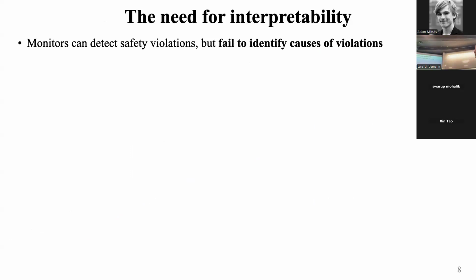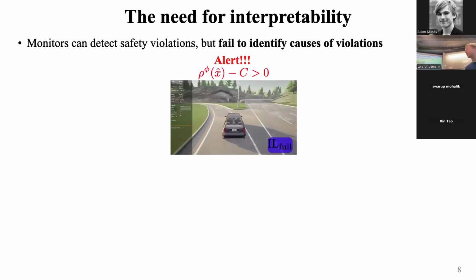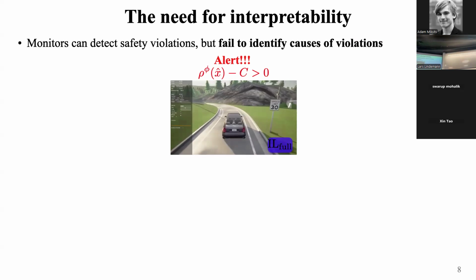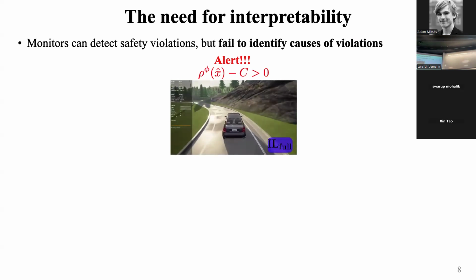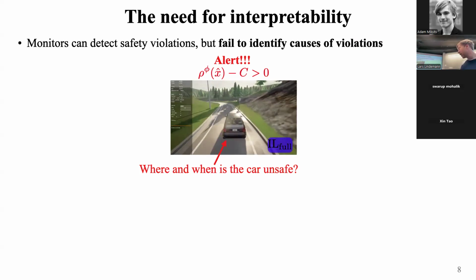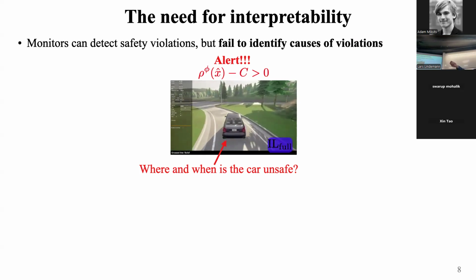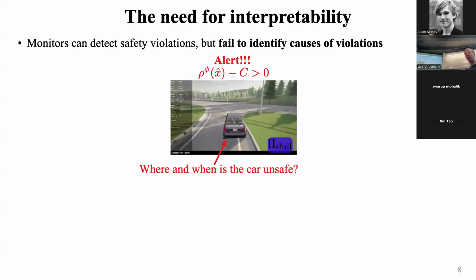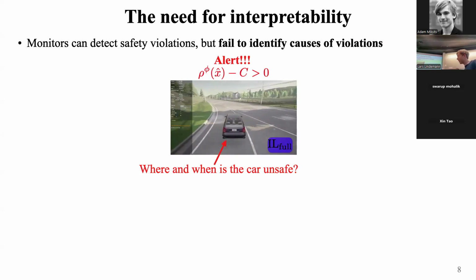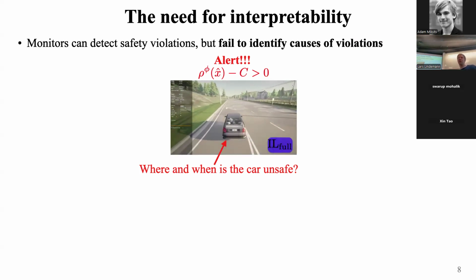Okay, so this works. And I promised you 2 monitors, and the second one is motivated by the fact that this accurate monitor can identify failures of your system, but it cannot identify the cause of a safety violation, right? It's just telling you, well, you're going to be unsafe. So in other words, if this sufficient condition, this lower bound, is positive, it gives an alert, but it doesn't really tell you where and when the car is unsafe, right? Is it safe in the next second or in the next 5 seconds? And that may, of course, tell you how you should react, right? Should you just push the brakes immediately, or can you do that a bit more gently, for instance,